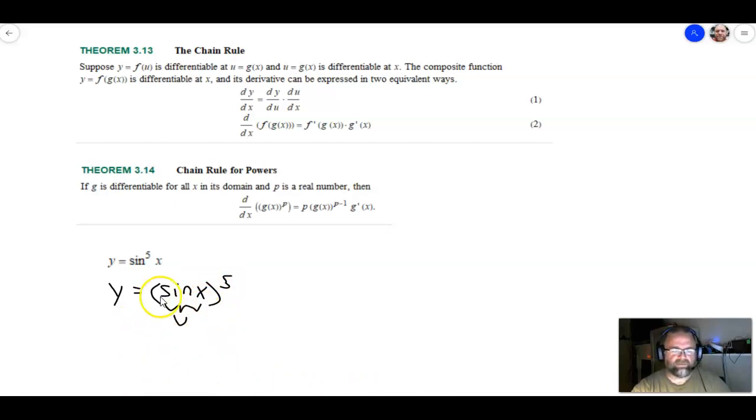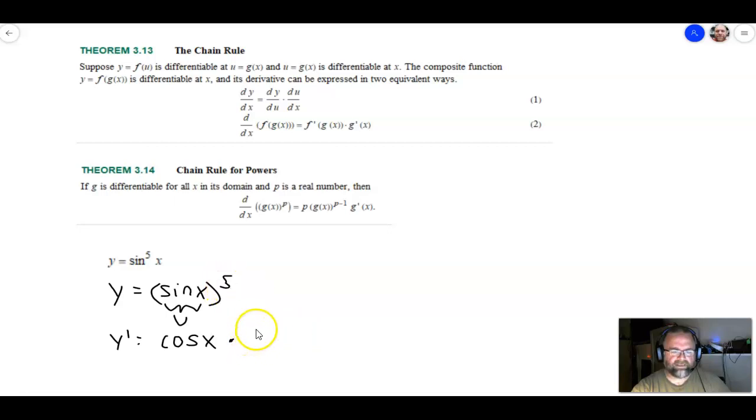Then what we're really doing is the derivative of the u times the derivative of a u to the 5th here. So the inside function times the derivative of the outside function. So in this case, y prime, the derivative of the inside function here, sine x, is cosine x. So you're just going to write the derivative of the inside function. That is this part right here, the g prime of x. And then we're going to write the times the derivative of the outside function. So now this is where you treat this like u to the 5th,